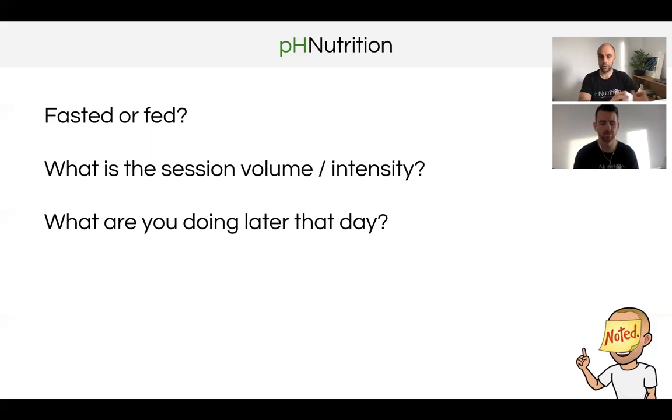So we need to maybe look at the session volume and intensity, and then maybe look at what you're doing later in that day. Like, Tom, you regularly train double. If people are normally training fasted, but they have this really intense session in the morning, like a really good, solid conditioning piece, and then maybe they're lifting later in the day,